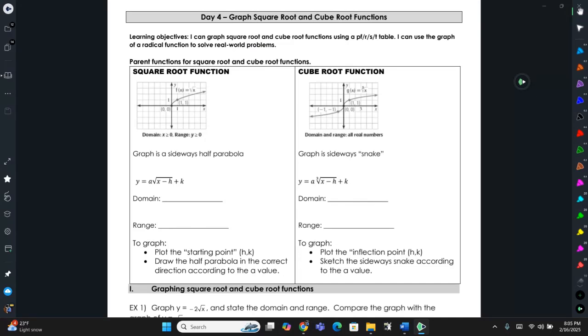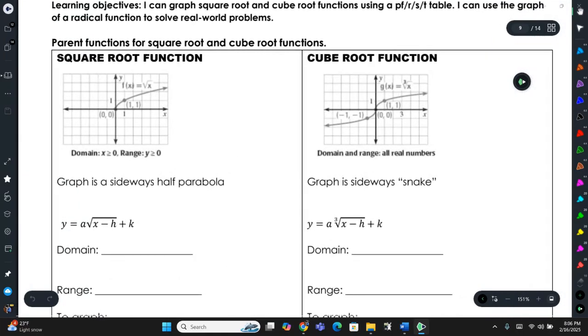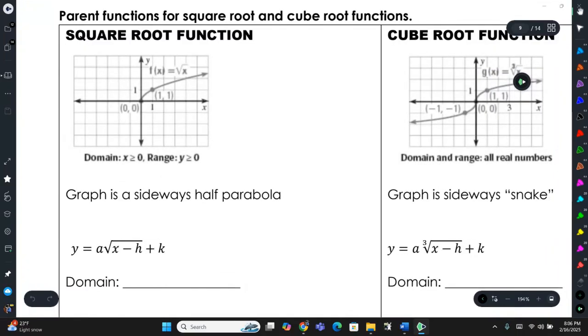So today what we're going to be doing is graphing square root and cube root functions. We've been working with square roots and cube roots so far in this unit, and we've looked at other roots, but we're just going to focus on square root and cube roots when it comes to graphing. Now, the square root function, if you look at the picture of it, it's a halfway sideways parabola, because a